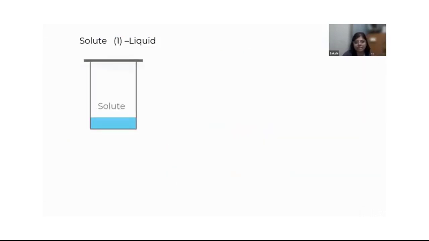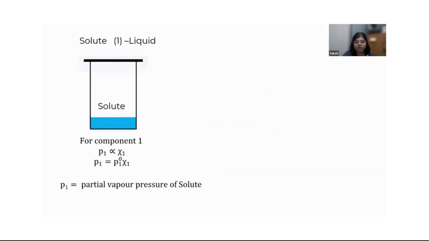Let us understand. This is what I was telling you, that if I have only one component in a closed system, then partial pressure is only because of this one component. So partial pressure is directly proportional to mole fraction. And I told you in the previous slide that to remove the sign of proportionality, we write P naught 1 x1, where P naught 1 is the pure vapor pressure,